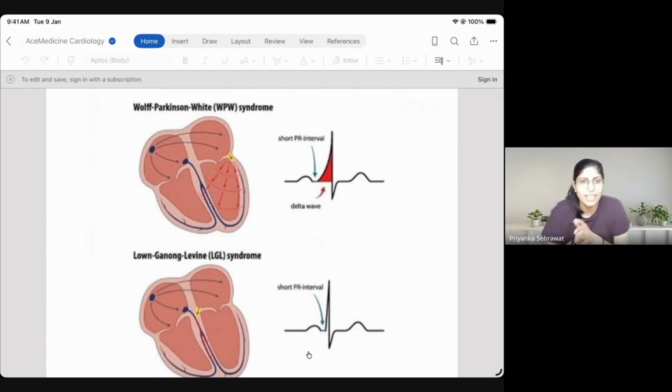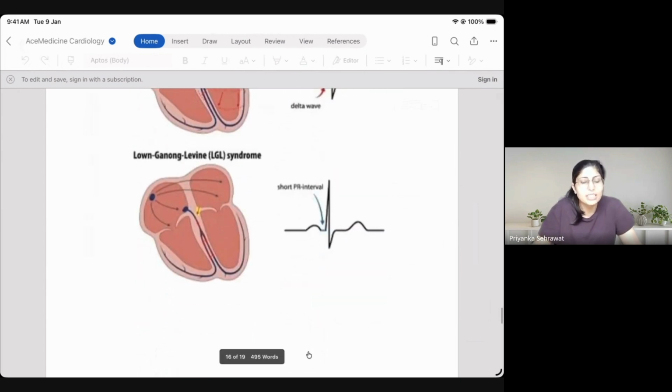In case of Levine syndrome, as well as in case of WPW syndrome, there is delta wave formation because the septal depolarization is not very effective. Q wave doesn't get formed. There is a delta wave instead. This waveform looks like a delta wave, upsloping of the PR interval to the R wave, and then the S and T are normal. Now the current that came is fine. Because of this upsloping, the QRS also becomes widened, right? So what do we have here? We have short PR interval, we have delta wave, and we have widened QRS. Now you know how these are formed. Short PR interval, delta wave, and wide QRS.